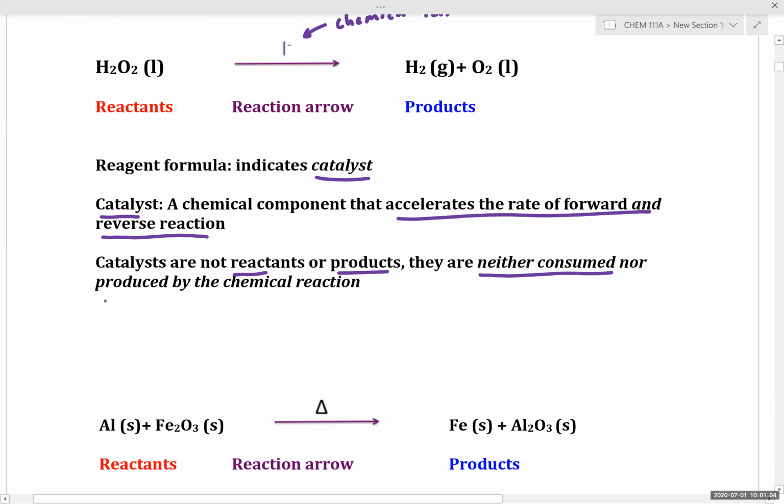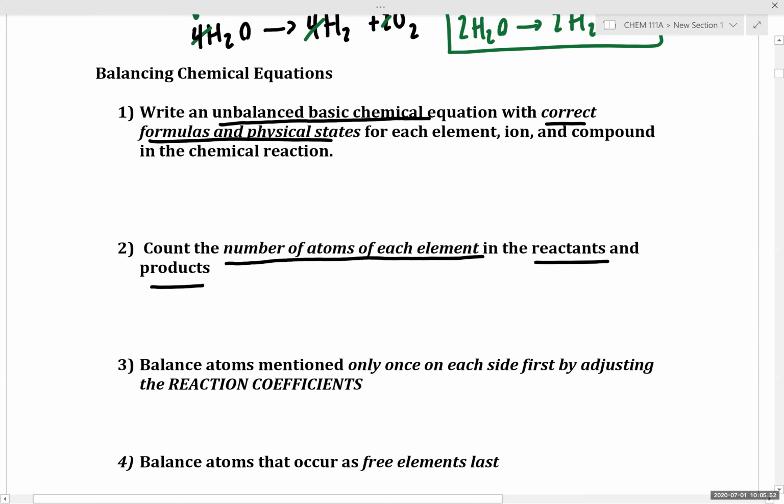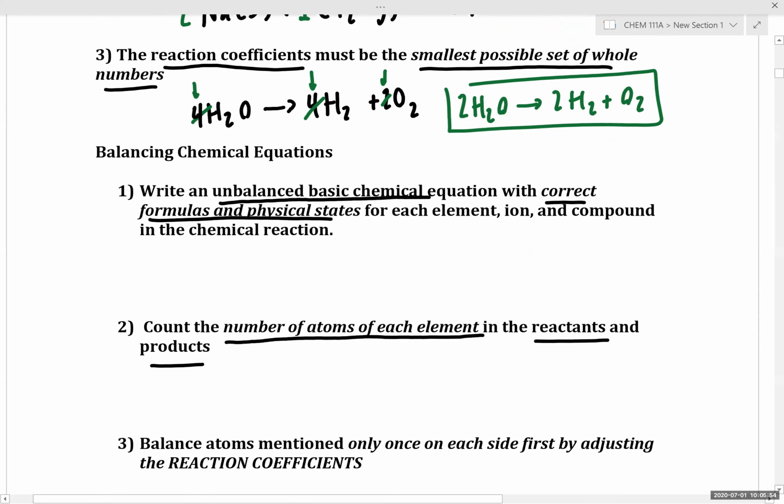Okay, so let's talk about the process behind balancing chemical equations. First, you write an unbalanced basic chemical equation with the correct formula and physical states. Then we count the number of atoms of each element in the reactants and products. Let's suppose, as we're working through an example, we're given the problem